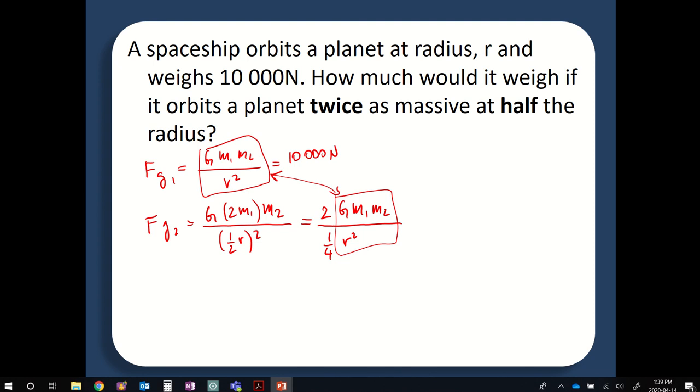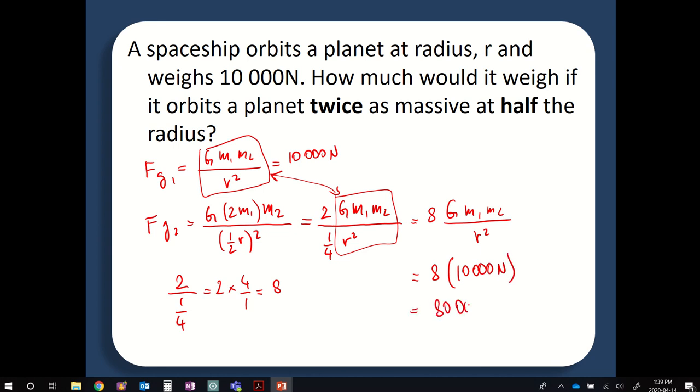So the goal, again, same thing: plug in the 10,000 newtons for what we do know and get the value for Fg2. Before we do that, we can also simplify this coefficient that we have here. So right now we have this 2 over 1/4. So this is the same as 2 times 4 over 1, which is going to be 8. So we can actually rewrite this as 8 times G m1 m2 over r squared. So then all we have to do is just replace this with 10,000